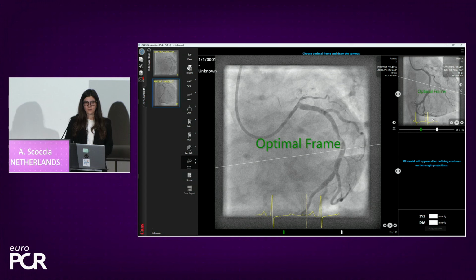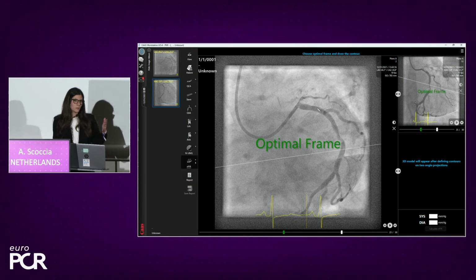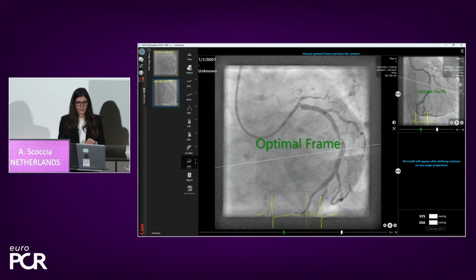The first question and the first tip is where to start the analysis. The analysis has to be started as proximal as possible. It means that in case of RCA, this is not a problem because we will start at the ostial RCA, but in case of a lesion in the proximal LCX, as well as for the LAD, we have to start in the left main. Okay, so I will start my analysis here, and here I will trace,